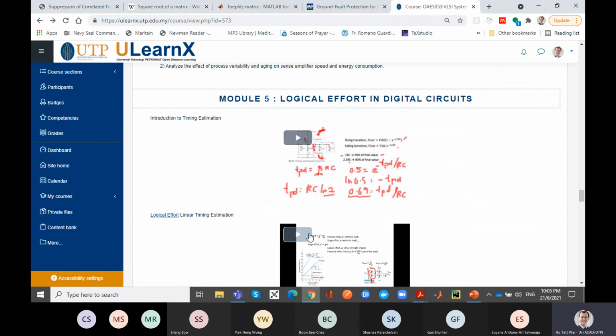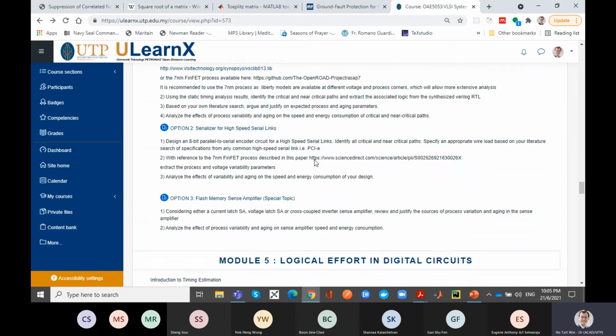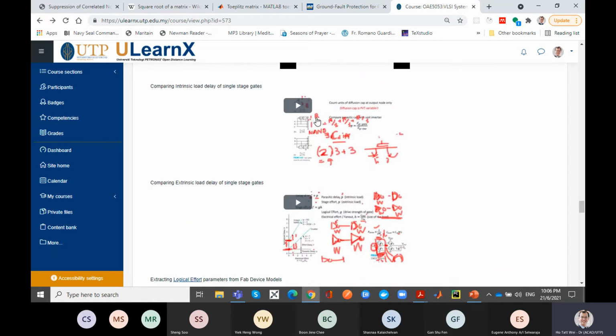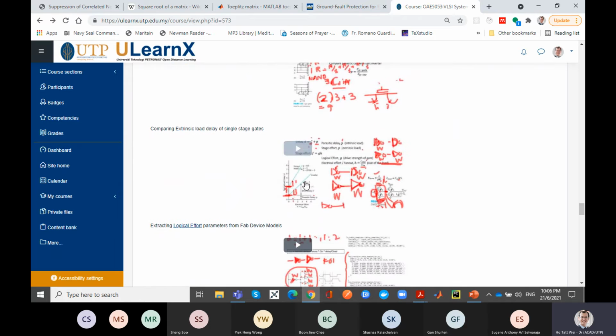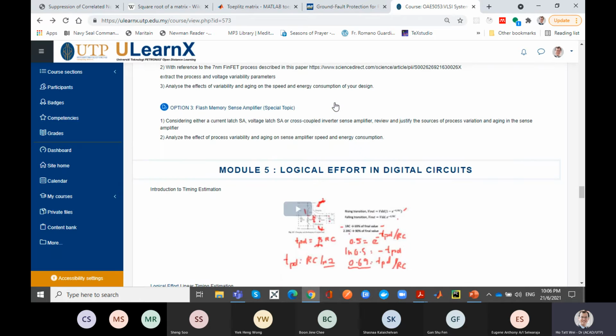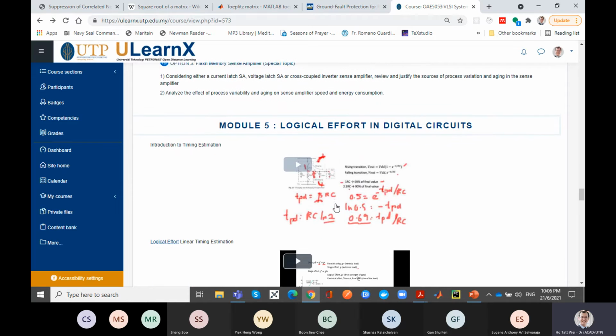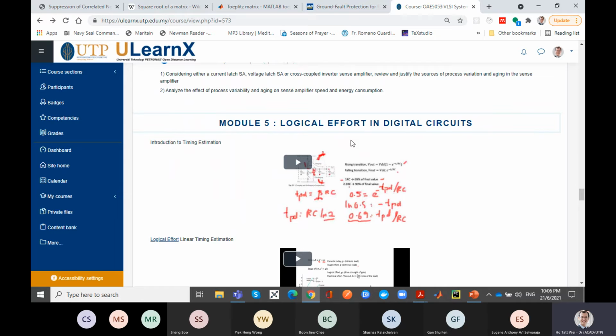Module 5 also might take you some time to understand, and I'm anticipating module 4 and module 5, you guys will bug me with questions, because these are actually the more challenging. The concepts are not very obvious. They're a little bit subtle, because with logical effort especially, the challenging thing is for the first time in